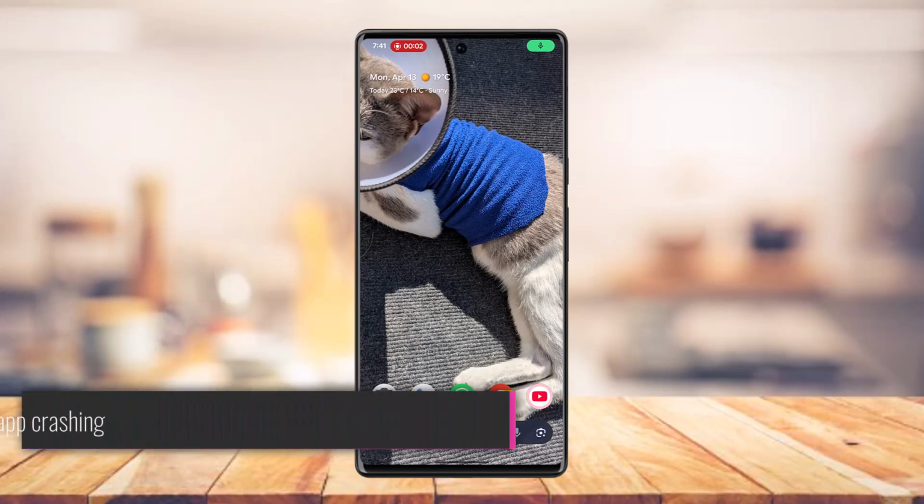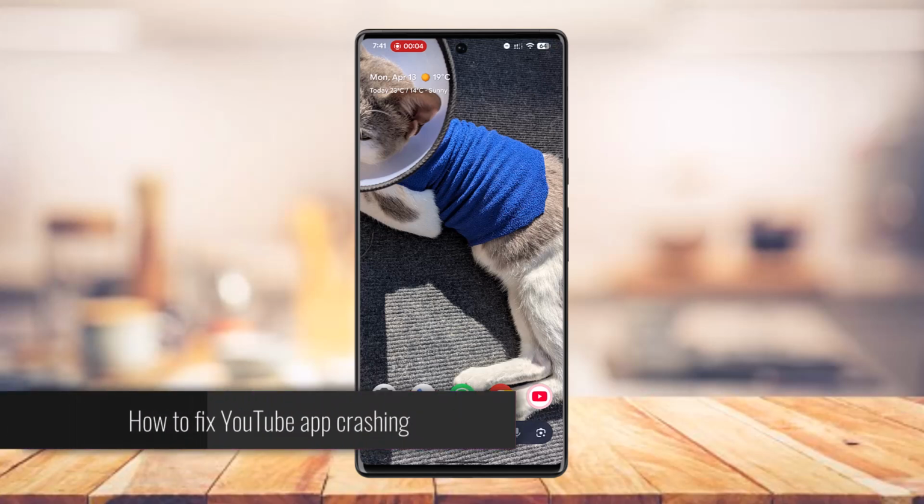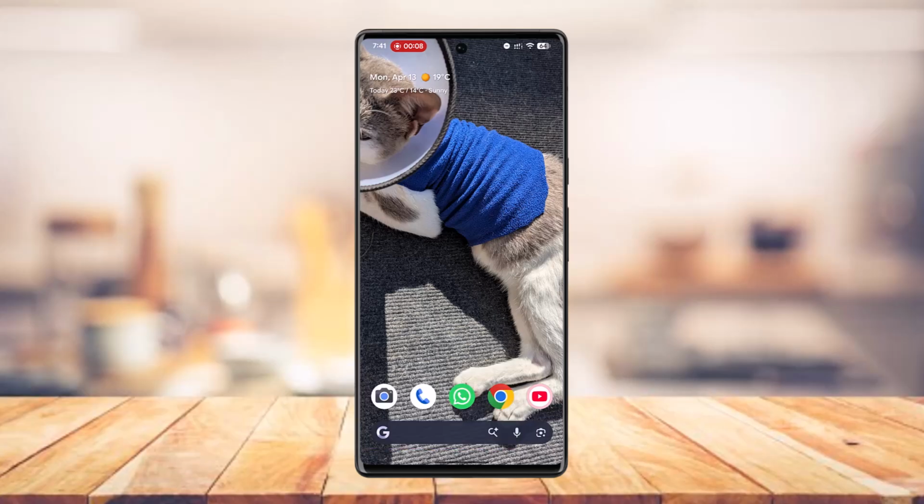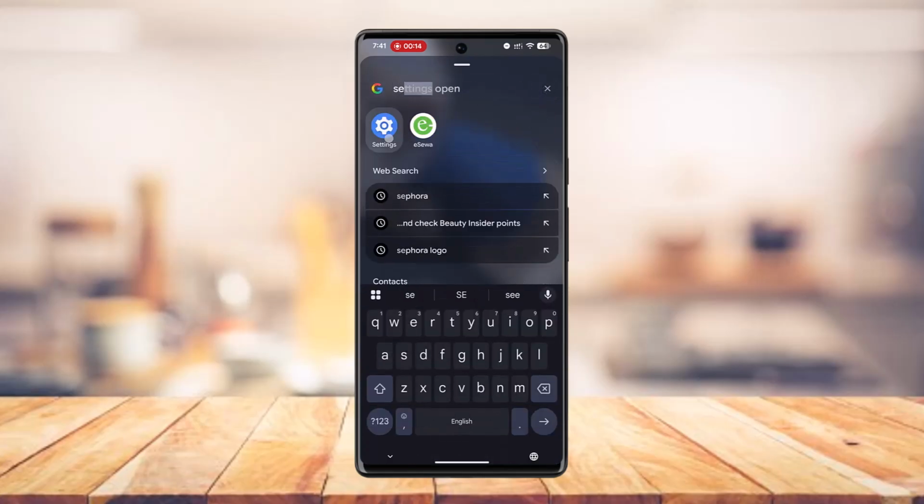How to fix YouTube app crashing. If the YouTube app is crashing, the most effective fixes are often clearing its cache, updating the app, or performing a quick device reset. So what you want to do is, first of all, open the settings on your device,